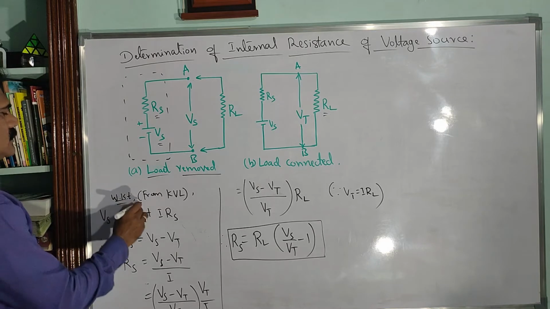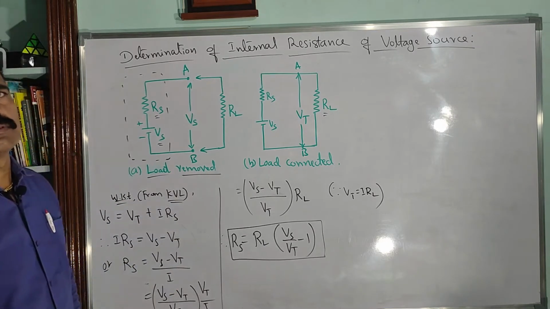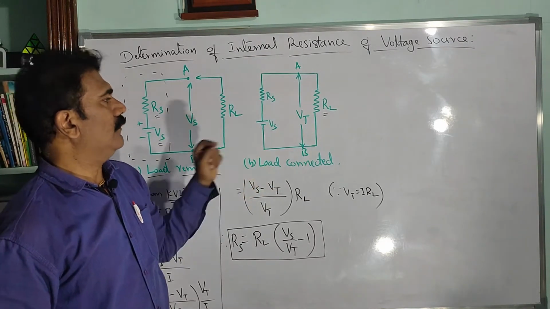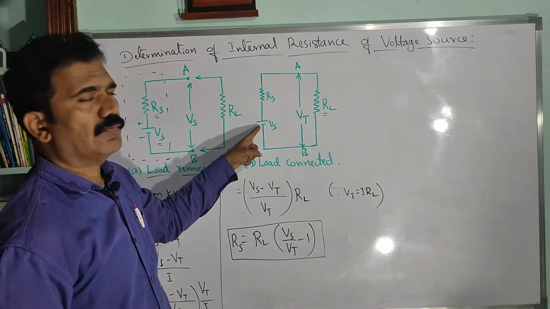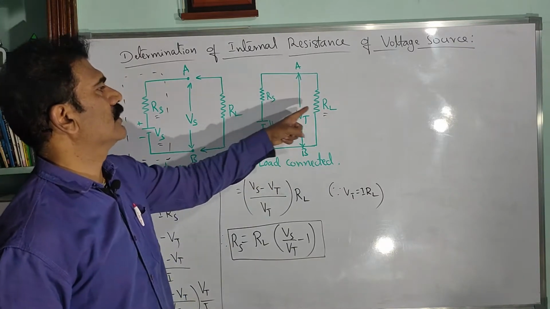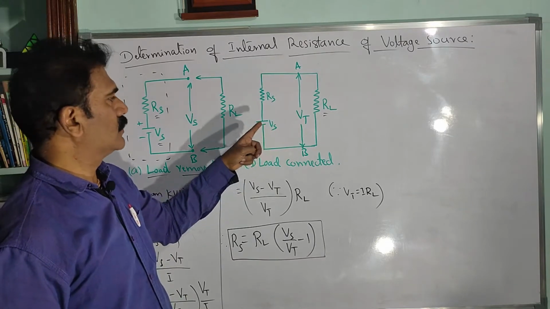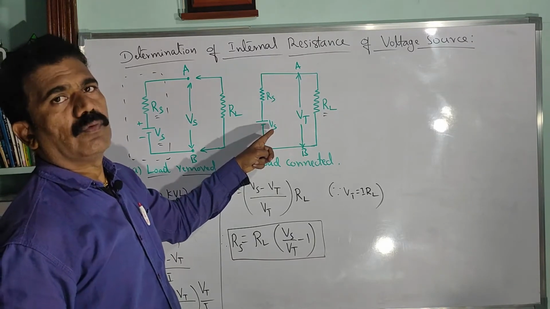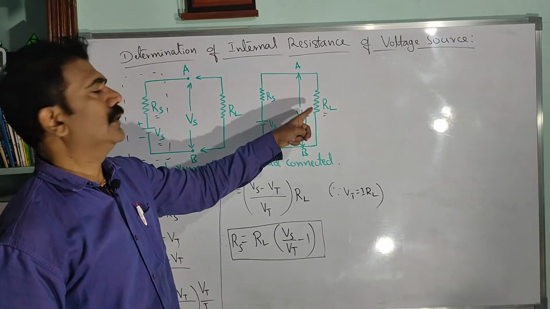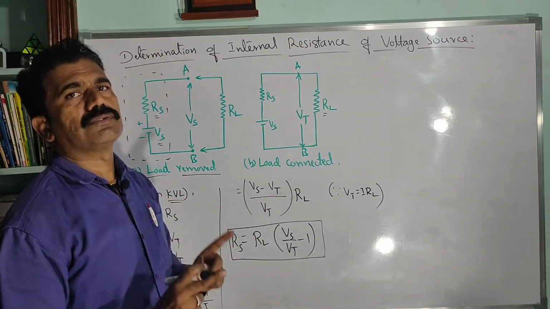Now let us start with Kirchhoff's voltage law. We know what Kirchhoff's voltage law is. This is the second part of the circuit, where we have a closed circuit. Once the voltage is obtained from the source, the current passes through the two resistors here, one is Rs, another one is RL. The supply voltage from the source should be equal to the total voltage drop across the resistors in the complete loop. That is called Kirchhoff's voltage law.